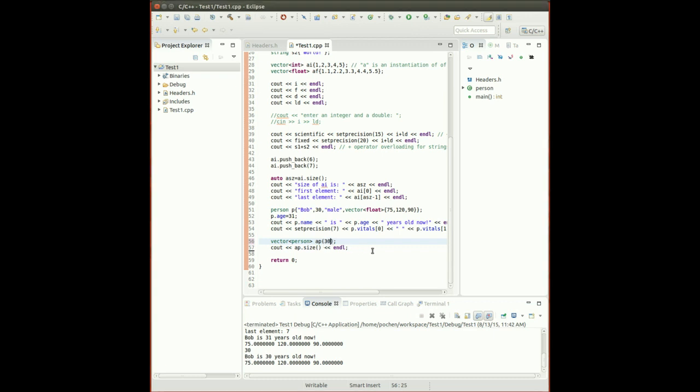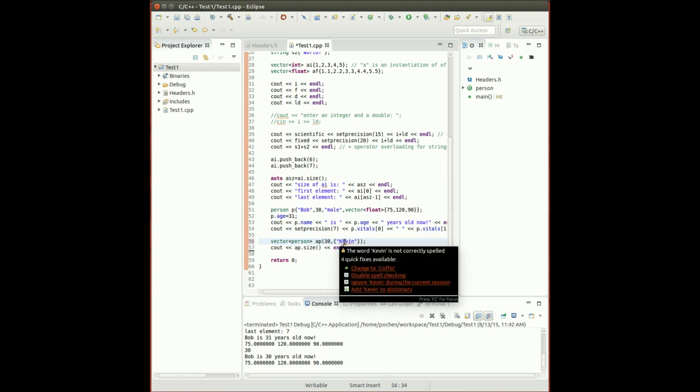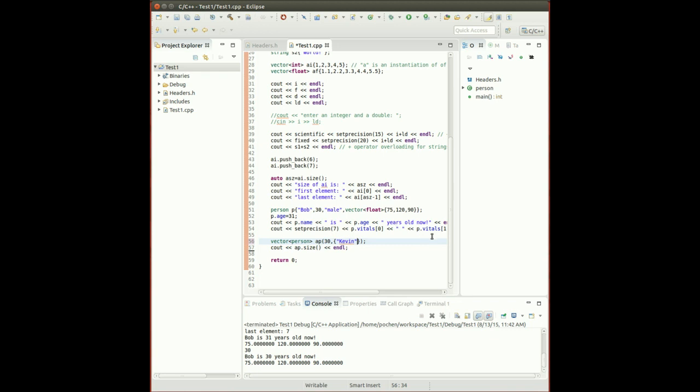So if you would like to initialize every element in this vector of persons using, for example, the same kind of information as you used for Bob, you can also do that. All you have to do is to sort of again use the universal initialization, the curly bracket, and then just specify the information that you want to use for initializing it. Suppose you want to use the name Kevin, right? You're going to use the name Kevin to initialize the name, and then you're going to use the age, for example, 25,